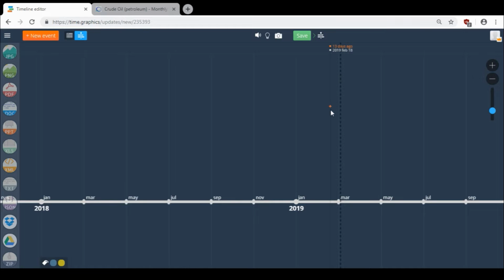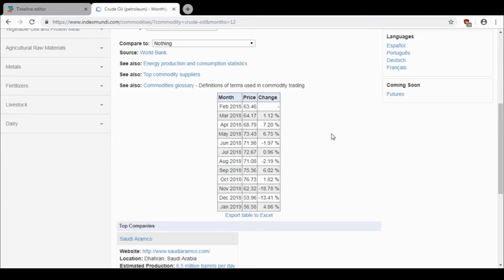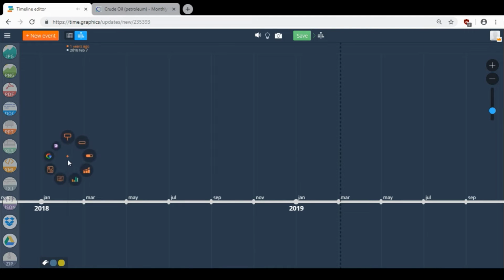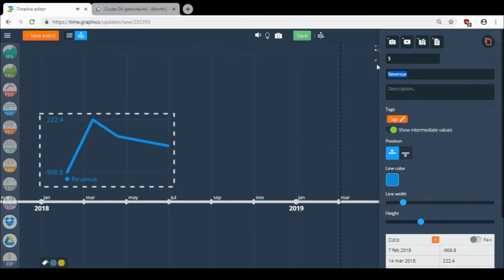How to use statistics on your timeline. For example, I have this oil prices chart and I want this data to be on my timeline. So I click here and choose statistics. I choose metrics, it will be US dollars, then I put the name, add description,